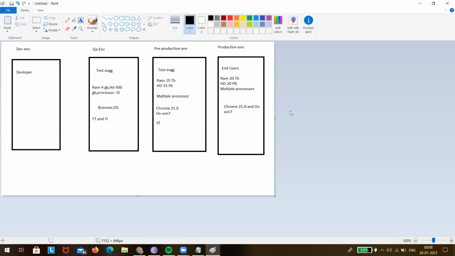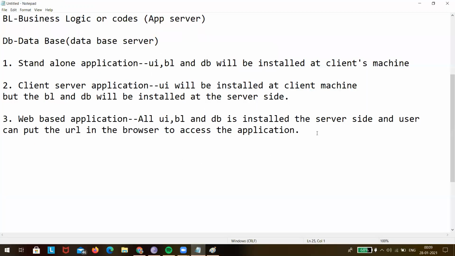Are you clear about the QA environment, pre-production environment, production environment? Tell me yes or no. Yes, sir. So in the QA environment the test engineer will test the application, and here also the test engineer will test the application, but he will only do system testing.